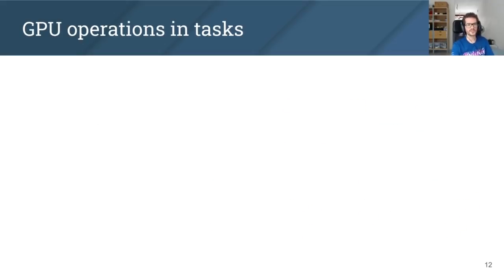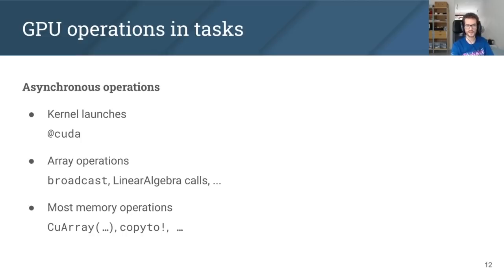So all this also applies to GPU operations. The GPU task should not starve the single thread of execution. However, it's much less of an issue because most GPU operations are fully asynchronous and they return immediately without blocking the CPU. So I've already shown how launching kernels is an asynchronous operation, but that also extends to more complex functionality like broadcast or matrix multiplication. In addition, most memory operations are now asynchronous too, so you can allocate and initialize GPU memory without synchronizing the GPU.